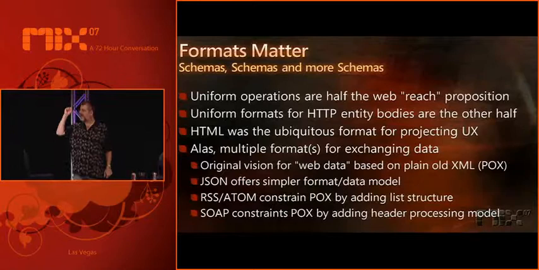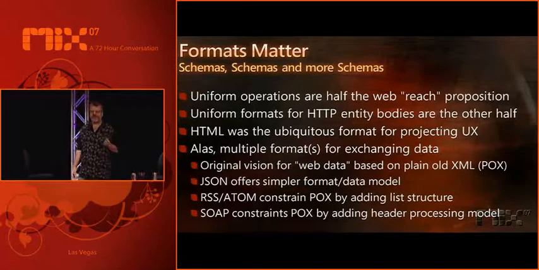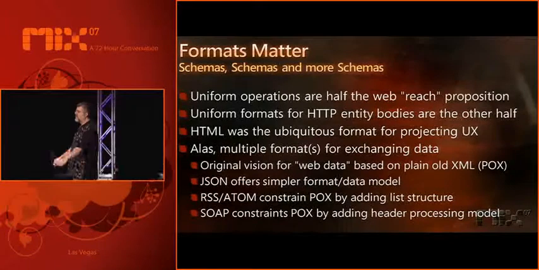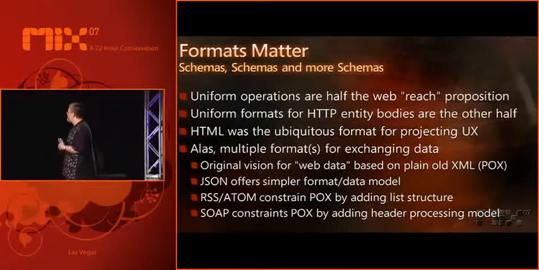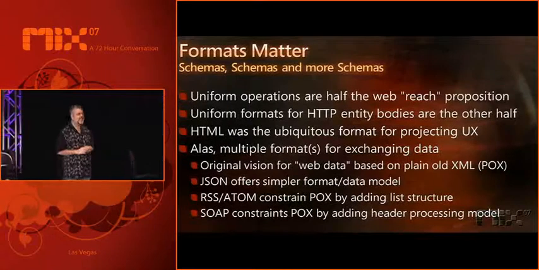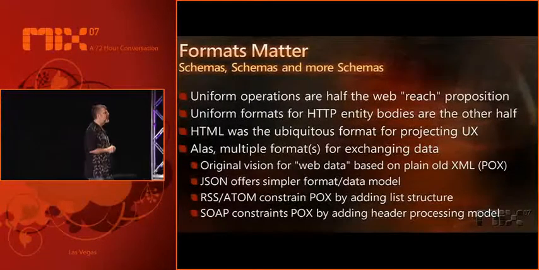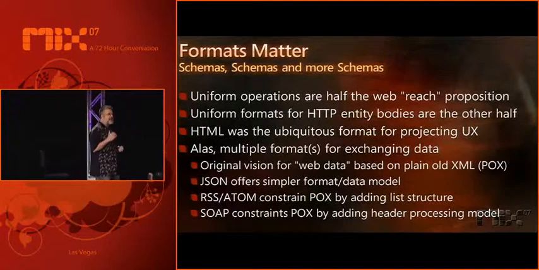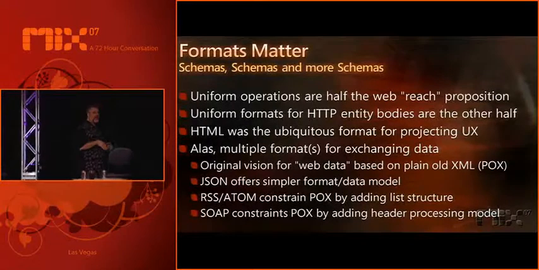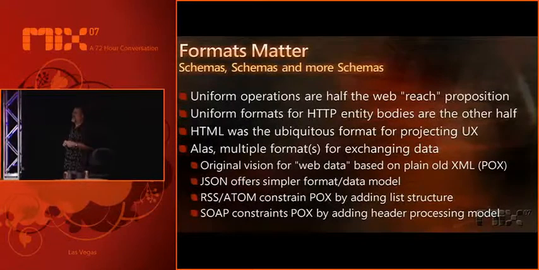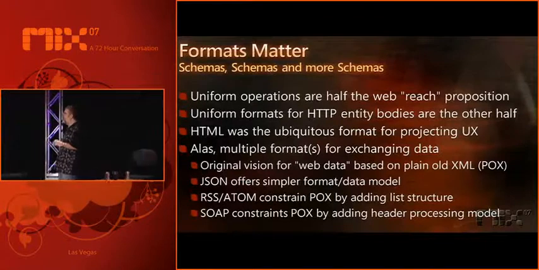Right? I know that everybody knows what this particular verb means. And if you're going to consume a foo operation and you're going to implement a foo operation, if I wire the two pieces of software together, I have a better chance of it doing something meaningful than otherwise. So having a set of uniform fixed operations is a great thing. It's definitely a significant part of the reach value prop of the web.